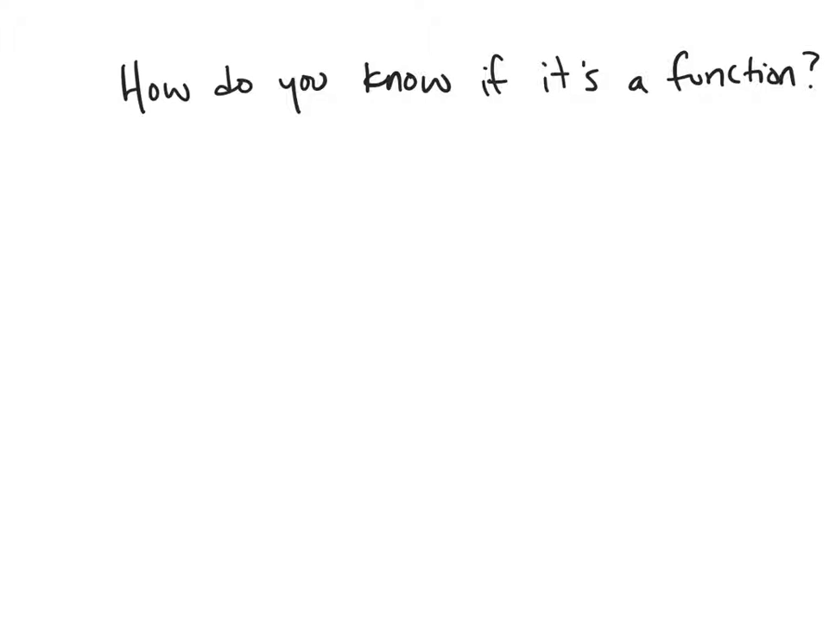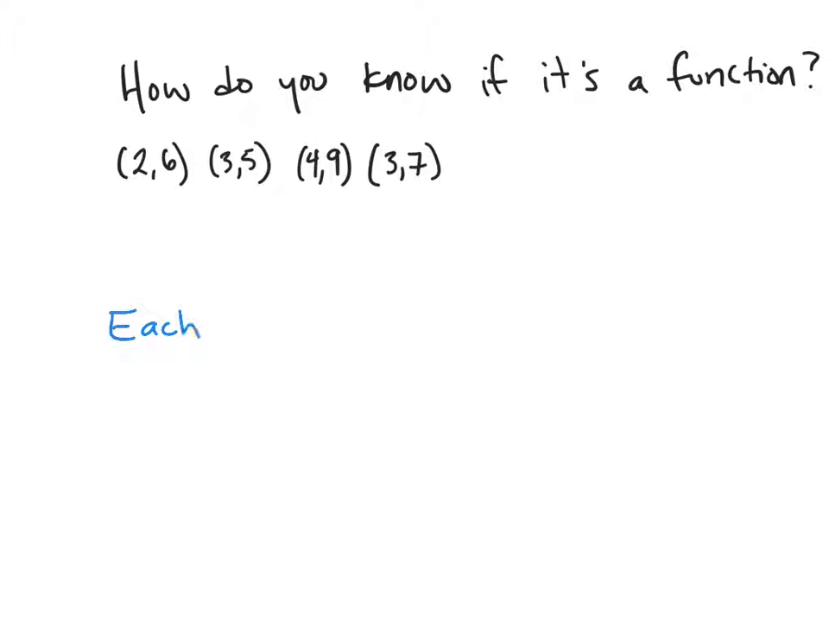So what if you don't have a graph? What if you were just looking at a set of ordered pairs? When you're looking at ordered pairs like this set right here, we need to think about what we're actually looking for. In this case, we are looking to see if I have any repeats for x. So a function is a function if and only if each x